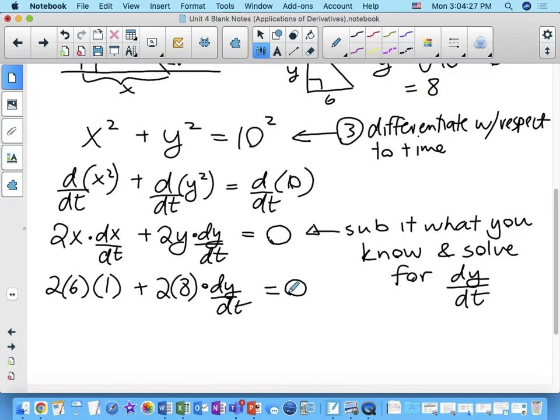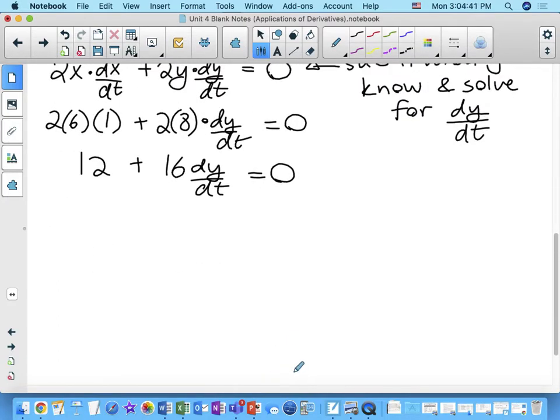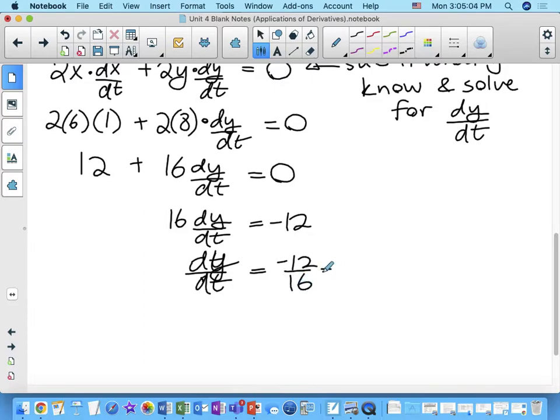Okay, and we're going to get 12 plus 16 dy/dt equals 0. And so we can now solve for dy/dt. Right, we'll get 16 dy/dt equals negative 12. Divide by 16, dy/dt equals negative 12 over 16, which is negative 3 over 4, which is also negative